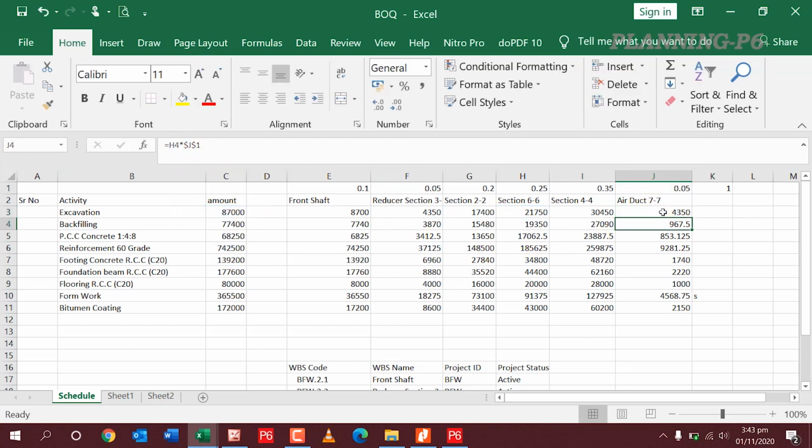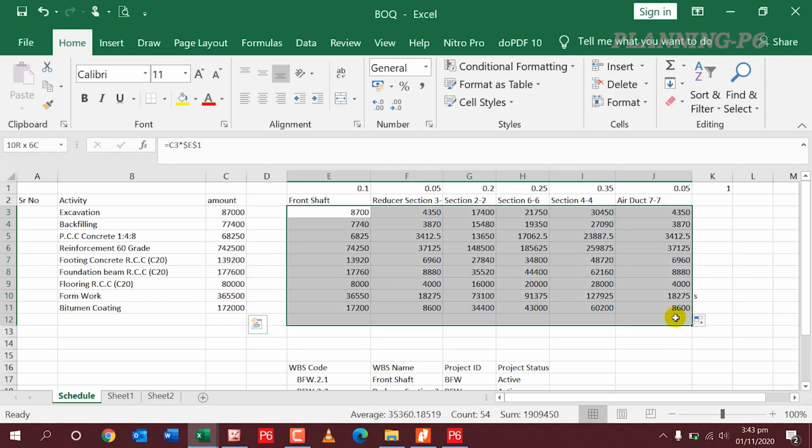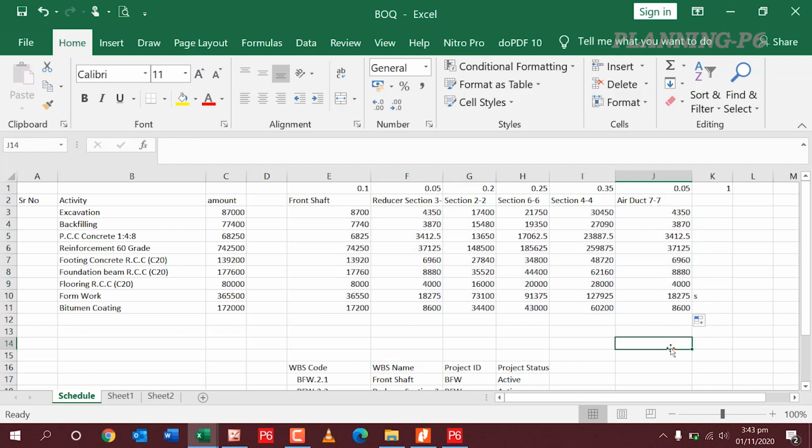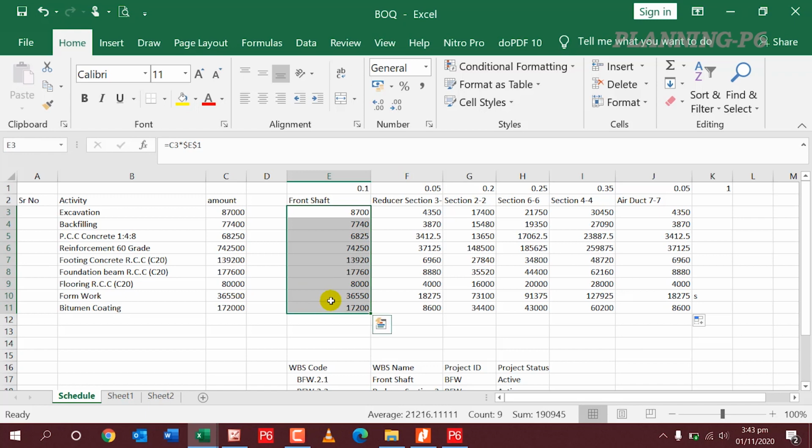So our total amount is 19,09450, and when we click here it is the same. So what we will do, we will copy this one section, copy from here, and go to the second sheet.